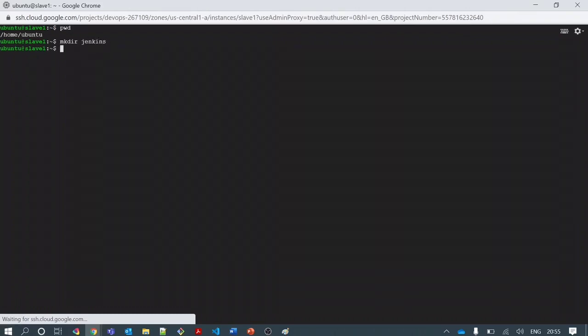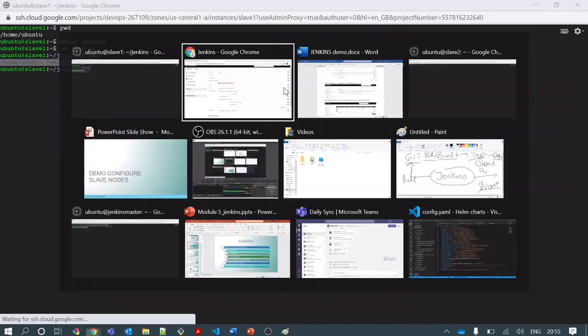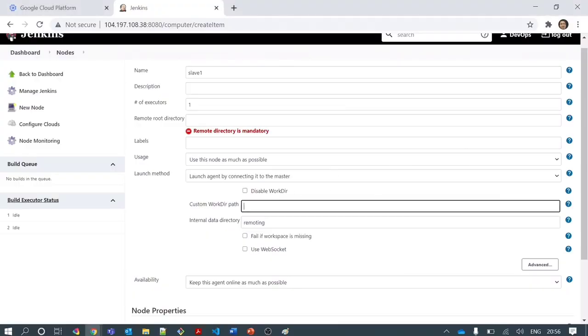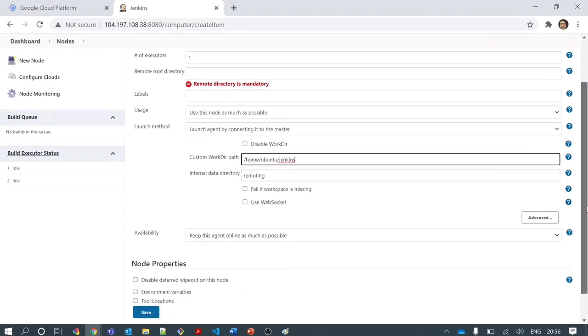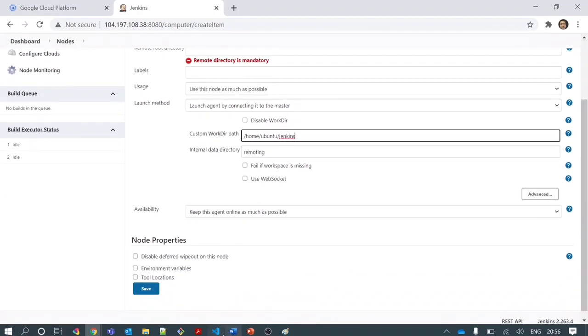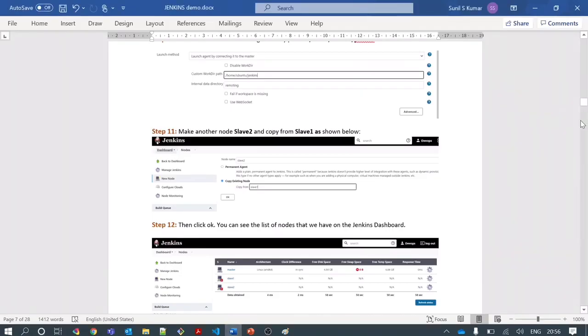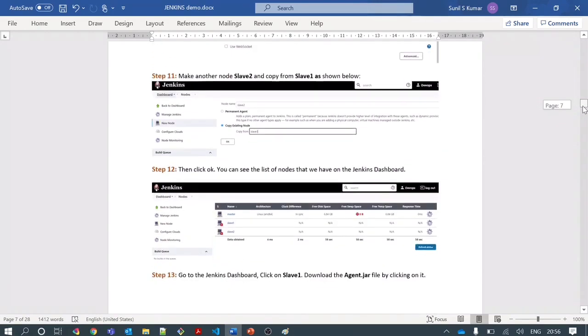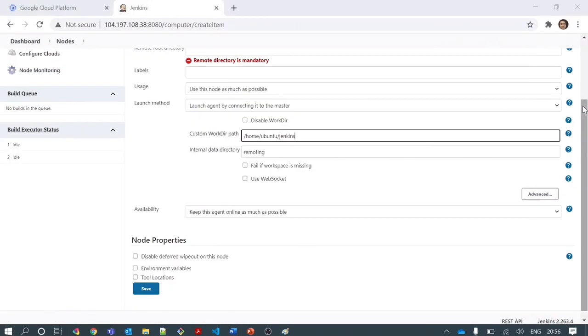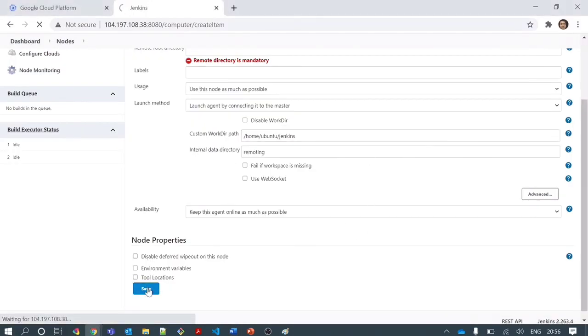Let's go inside the folder and see the path. This is the path. You can mention any path. I want my jobs to be run in this path only for slave 1. Any other changes needed? Let's see. No, I can just save the slave, and similarly I can configure the other machine.